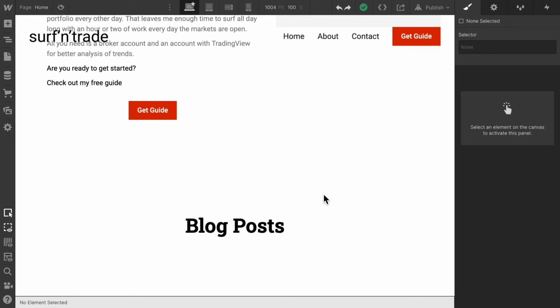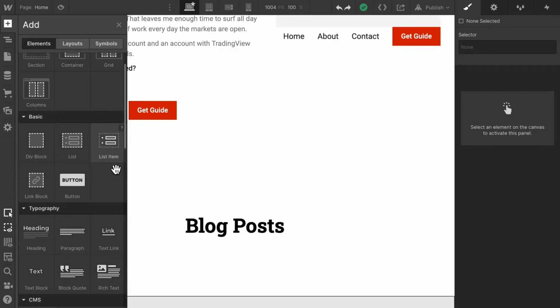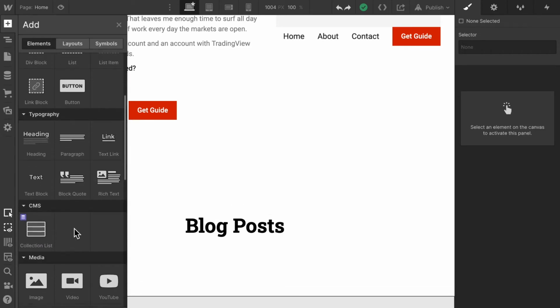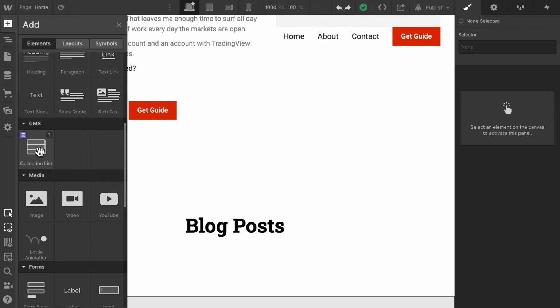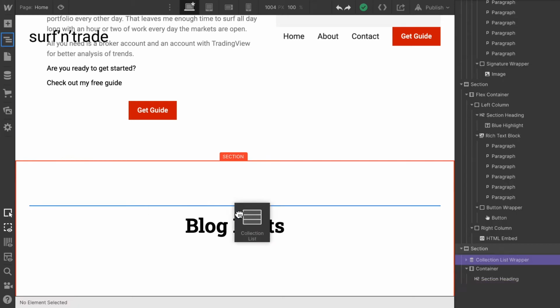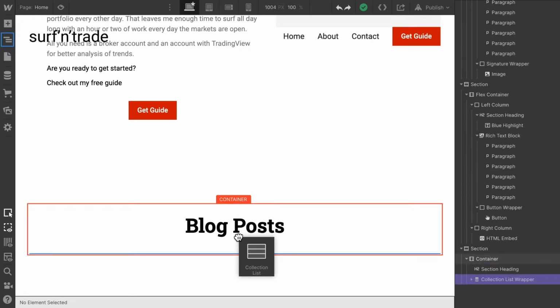Let's go about adding our content to this page. In order to add the collection, we have to go back to Add Elements. I'm going to scroll down to CMS, and here we find a collection list item. That's actually the only thing under CMS. If you take and drop that in the blog post, under the heading blog post, into the container,